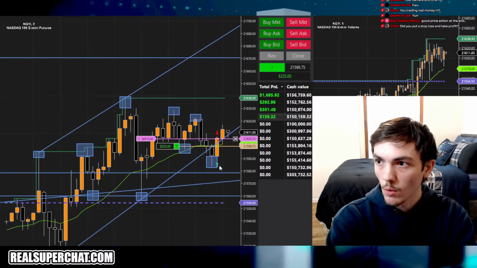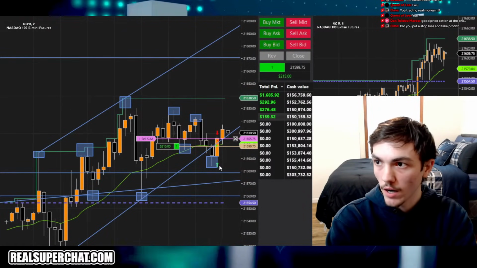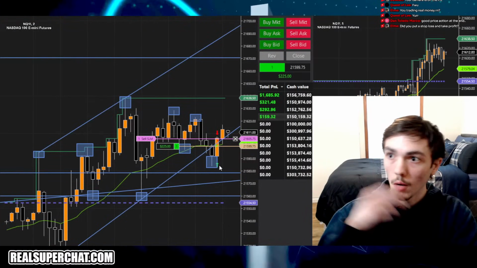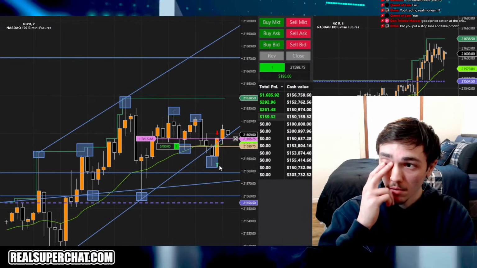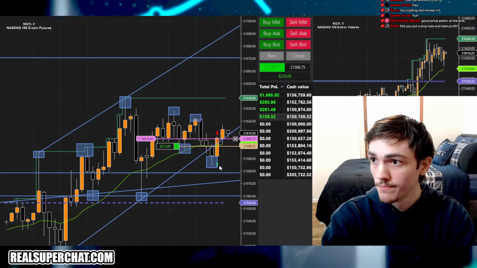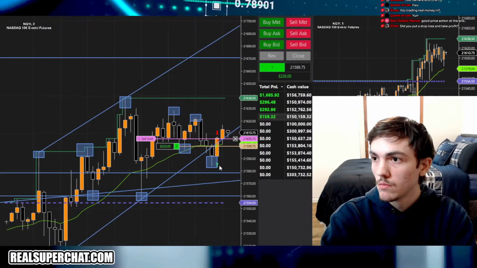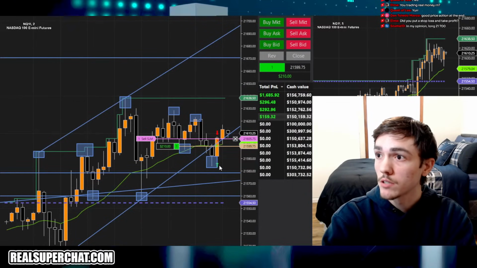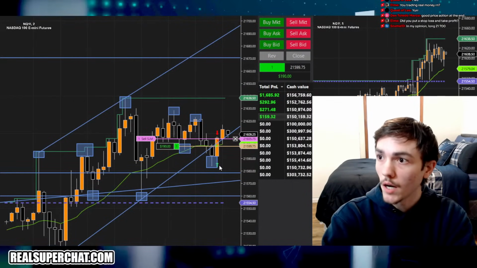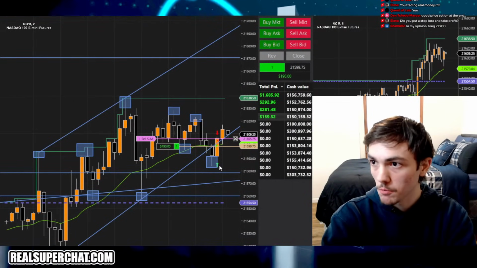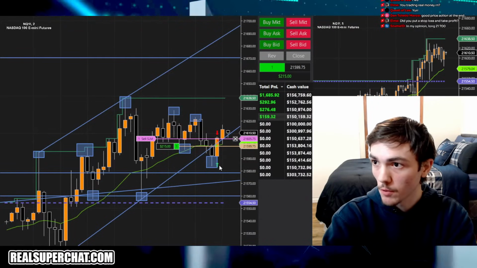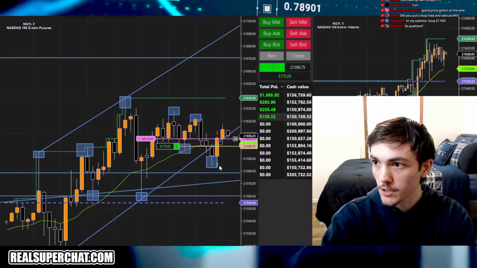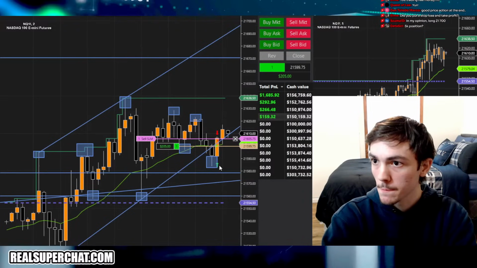I'm not liking how weak this is. This could be a lower high. That's why I'm trailing it a little tighter than I want to. I want to see if this can break the high of day, but it looks very weak, so. In my opinion, long 21,700. Possible, it's possible. That's why I'm trying to give it room, but not too much. I really want it to hold this range.